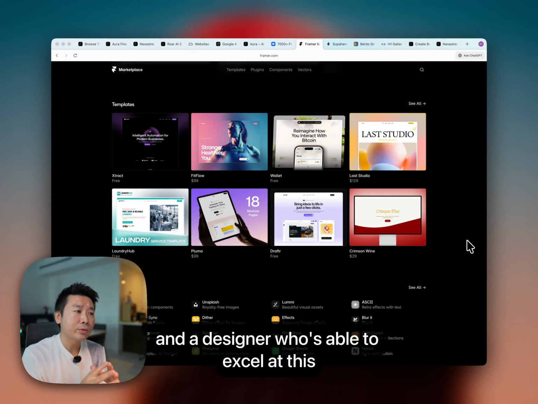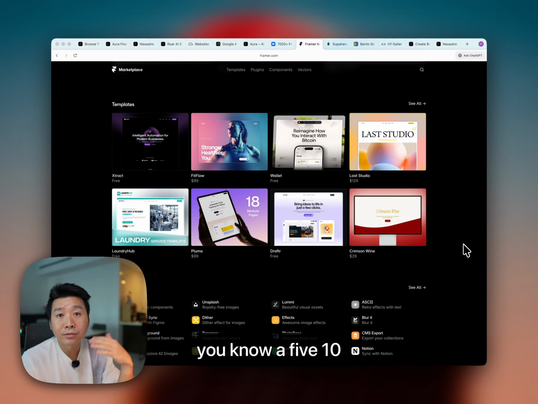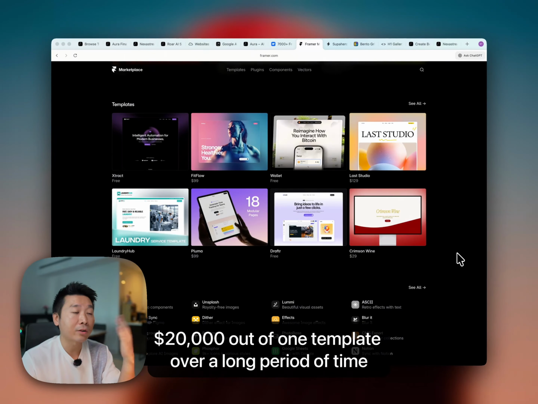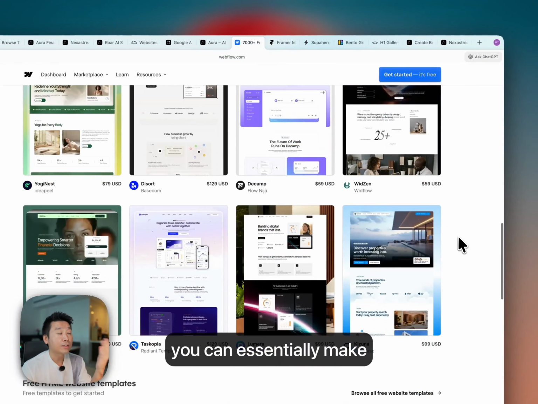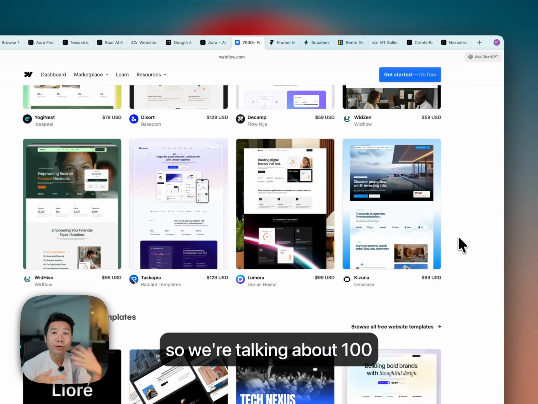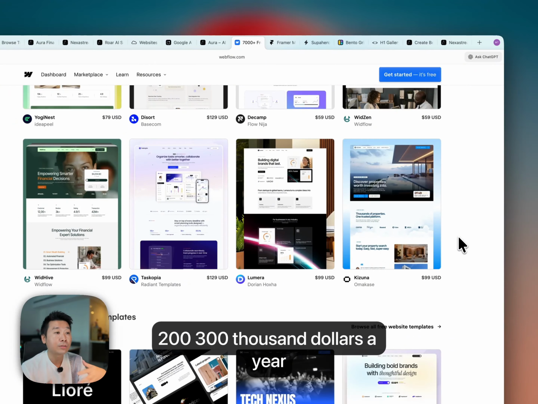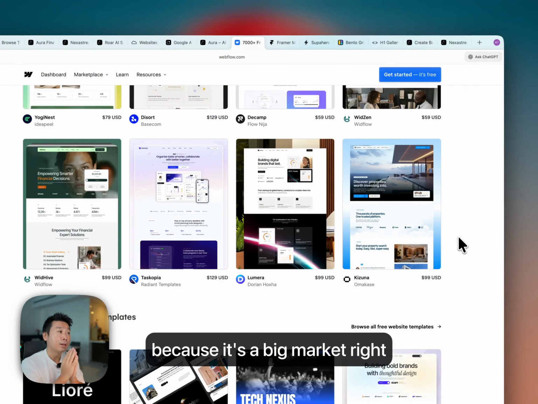And a designer who's able to excel at this can make somewhere between $5,000, $10,000, $20,000 out of one template over a long period of time, of course. And if you make multiple of these templates, you can essentially make a six-figure business. So we're talking about $100,000, $200,000, $300,000 a year just making templates and selling them, because it's a big market,